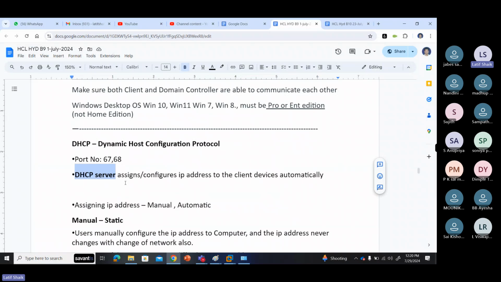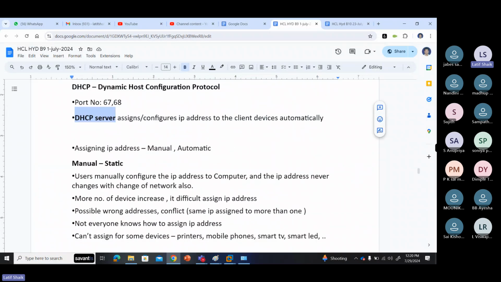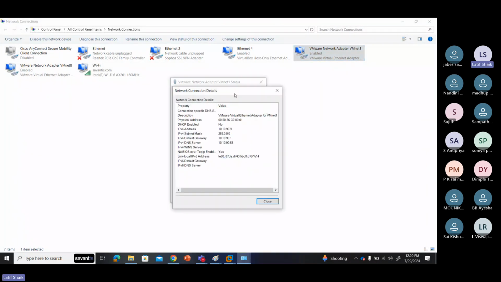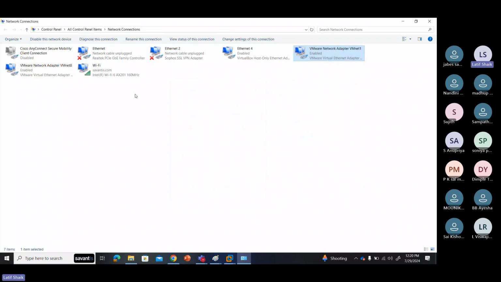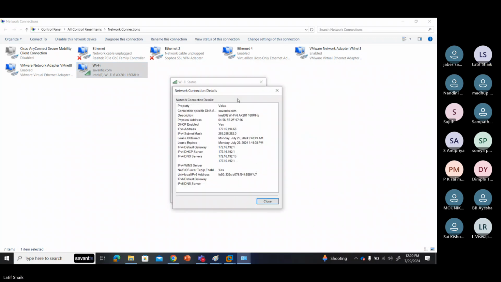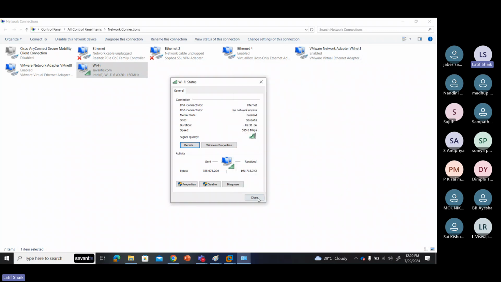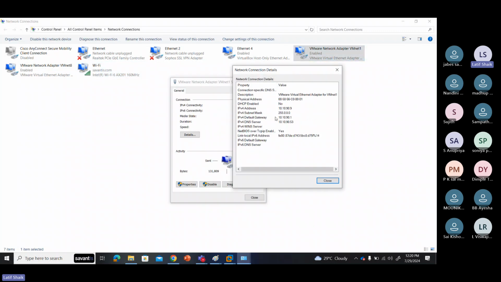So what will a DHCP server do? It assigns or configures IP addresses to the client devices automatically. As I said, I configured this adapter manually. For this adapter, it is automatic. So we can get an IP address from a DHCP server automatically, or you can assign an IP address yourself